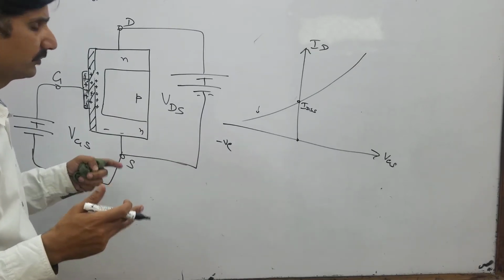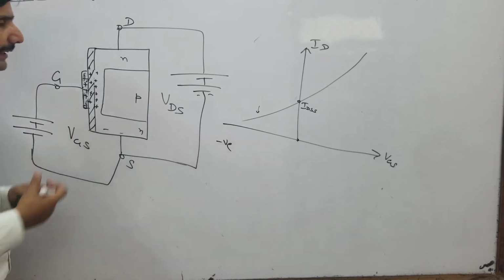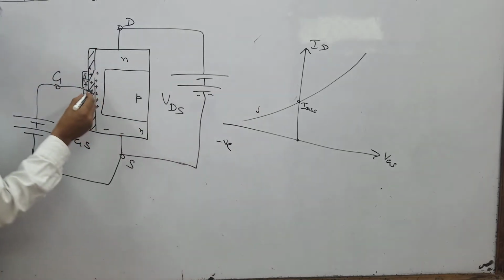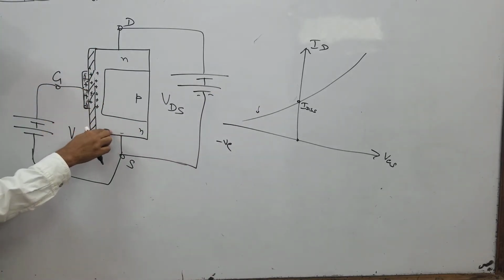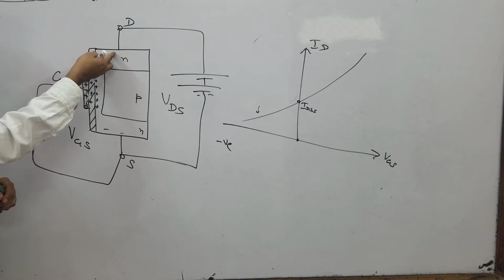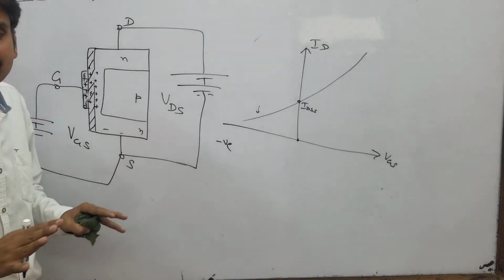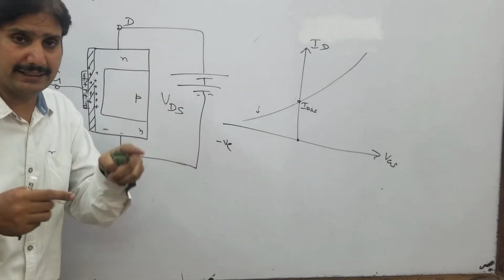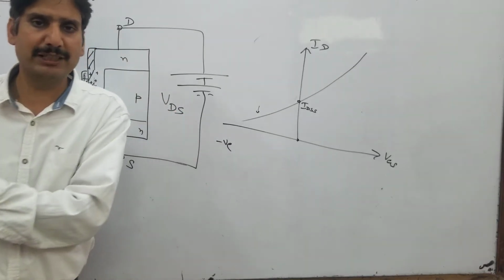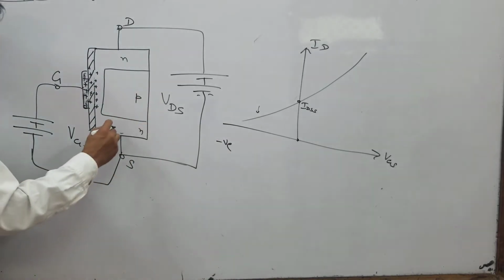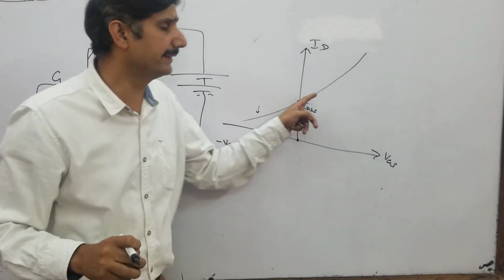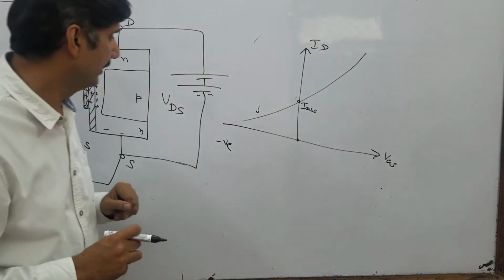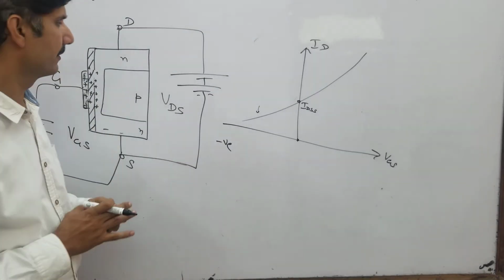As in the case of FETs as well. Not in FET, in MOSFET. This is an insulated gate field effect transistor. So starting from IDSS, as you apply positive voltage, what will happen? There is positive, there will be more attraction for these incoming electrons, but they do not neutralize these negative electrons. And this is similar to what we did in the triode valve. The grid attracts them but doesn't neutralize them. Most of them reach the plate. Similarly over here, these negative charges would reach the drain more efficiently and the drain current will increase. So this is the graph, and these are called the transfer characteristics of a MOSFET.